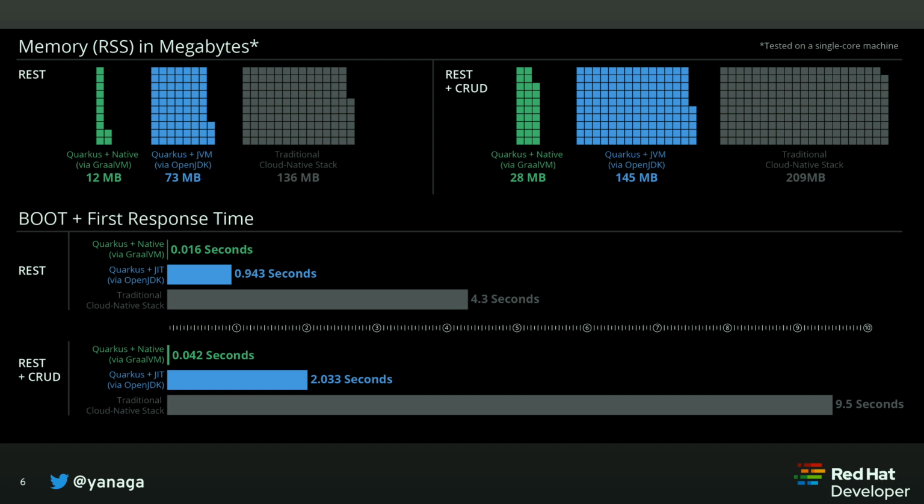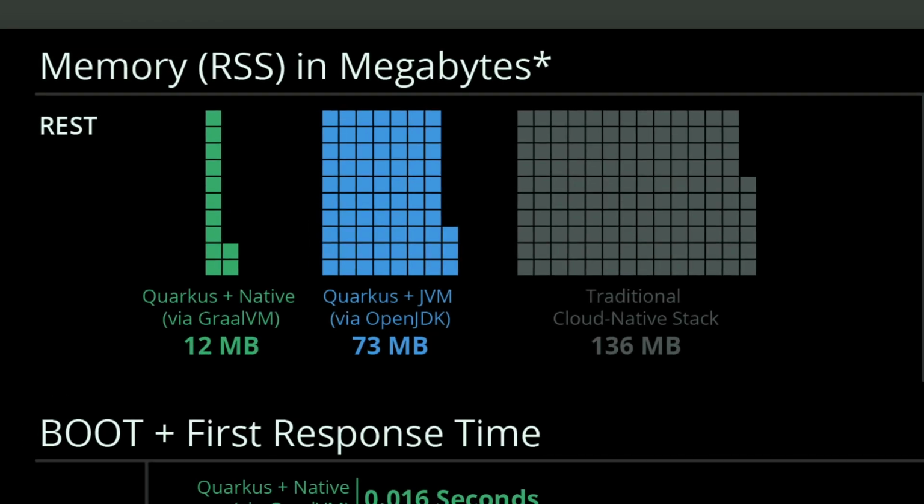So here, if you're running Quarkus with GraalVM on native mode, Quarkus is going to consume only 12 megabytes of resident set size, which means the total amount of memory that your Quarkus process is going to consume in your machine is 12 megabytes. If you decide to run Quarkus using Hotspot VM or OpenJDK, Quarkus is going to consume 73 megabytes of RAM.